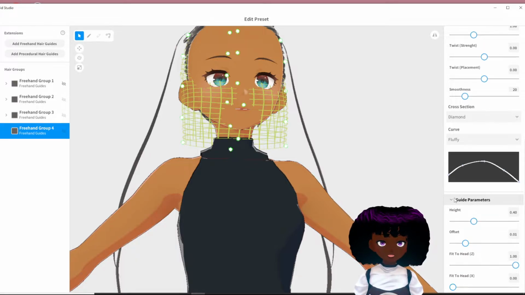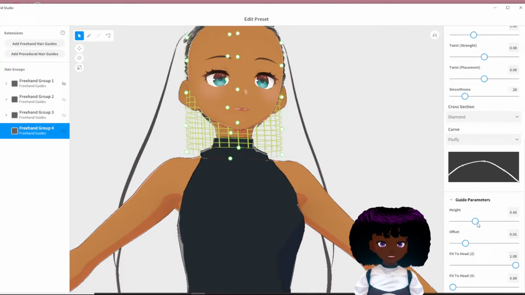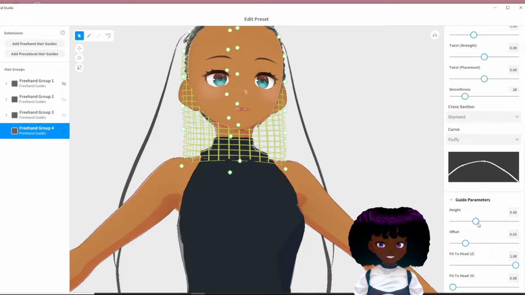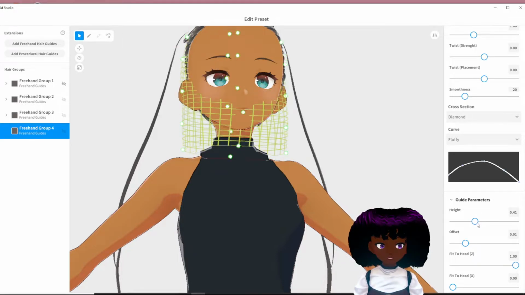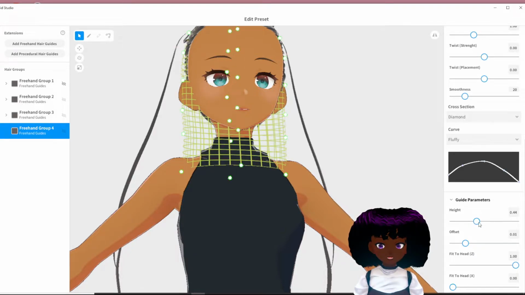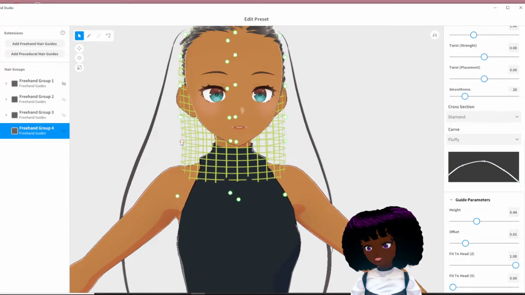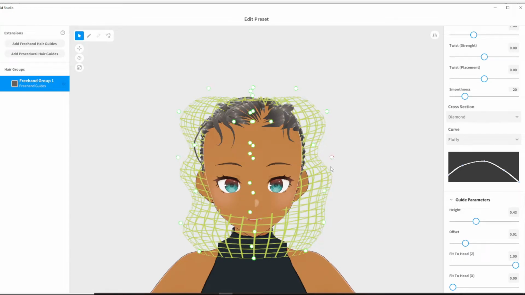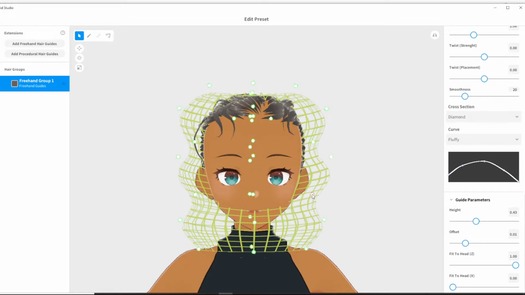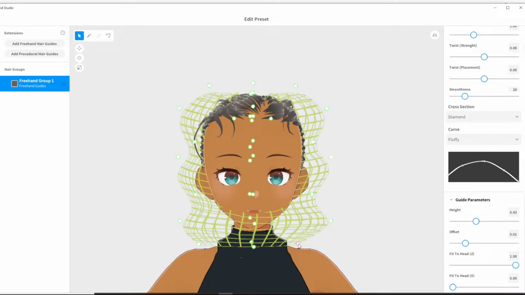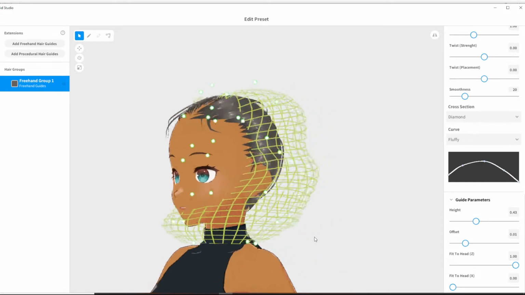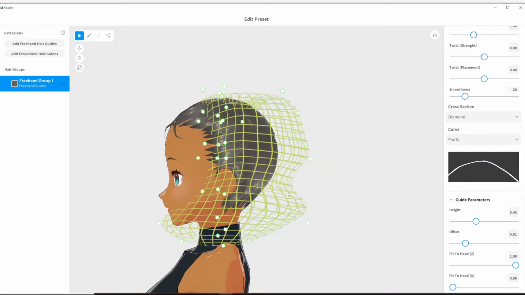So scroll down till you see guide parameters. We're gonna bring it to a 4.4 maybe. What that does is just add more points to work with. So once you've got your mesh to your desired height, you're going to want to mold your mesh into your desired shape. Because I was doing wavy hair, I was making kind of an S shape,